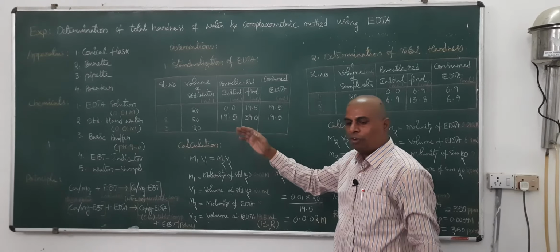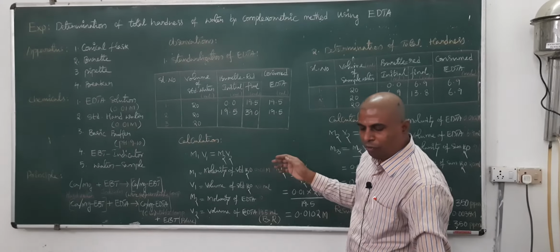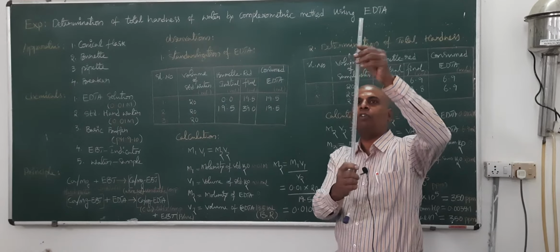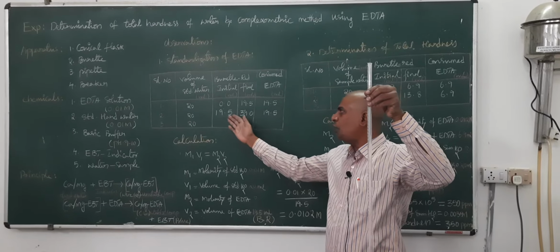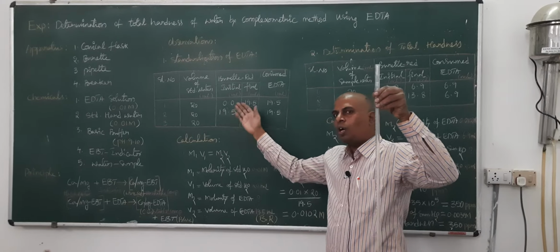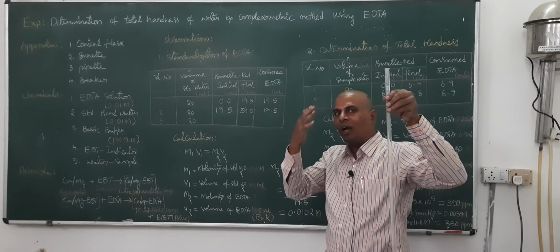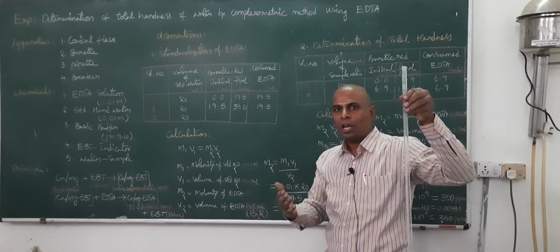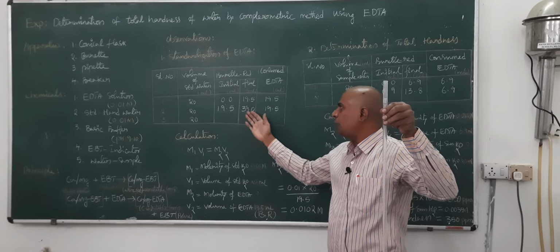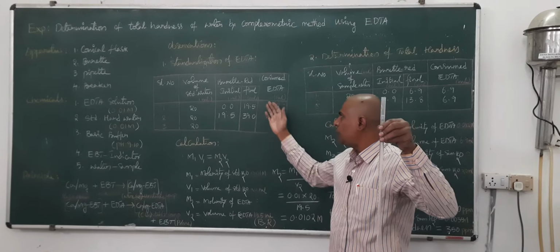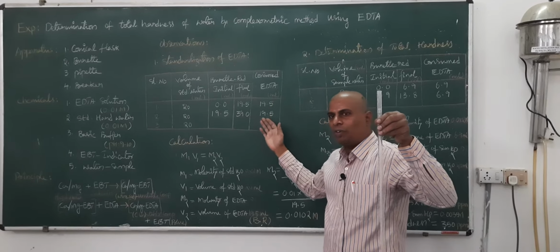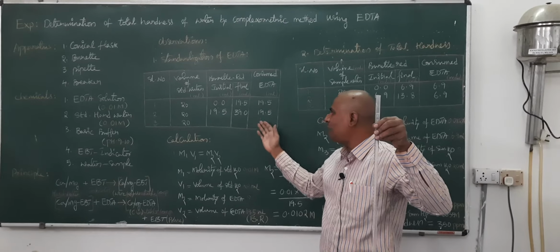Why do we continue? In a burette we have 50 ml, so in this burette we have a 50 ml reading. We continue for a second titration because we expect concordant values, that is, repeated values. We continued, and we again get 19.5, so it is repeated, and the titration we have done is good, and we have 19.5.